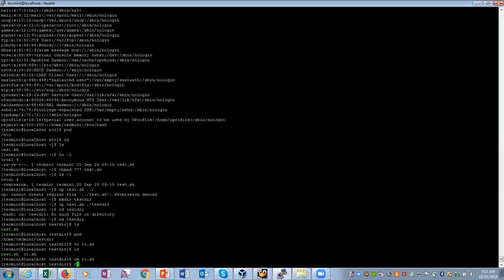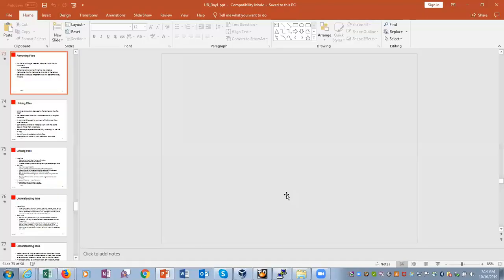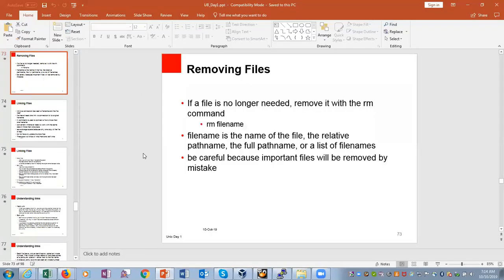Remember rm -rf. This will remove everything from the current directory and all the subdirectories, recursively. A very powerful command.